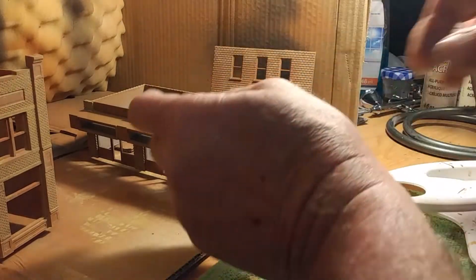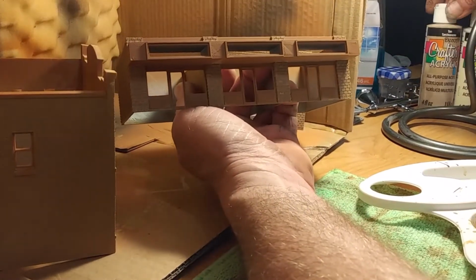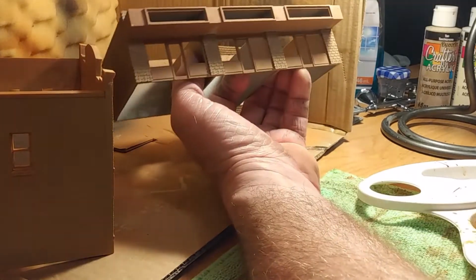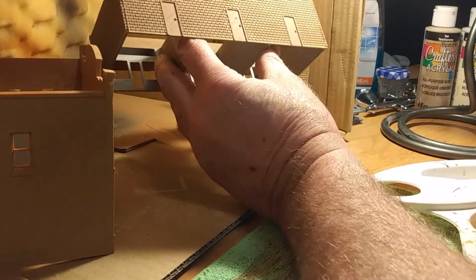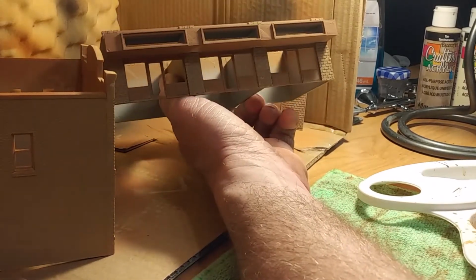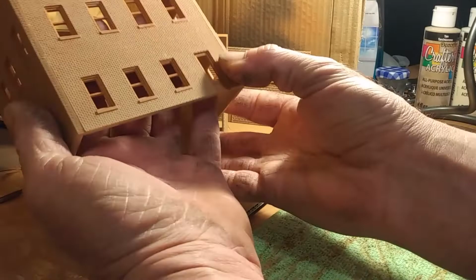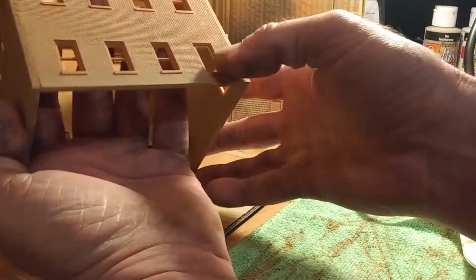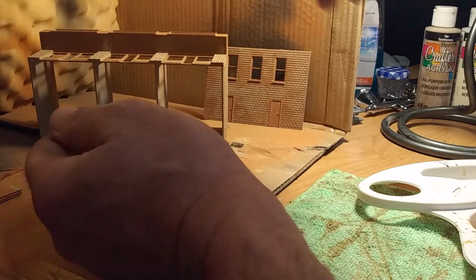Hey everyone, I'm back. So everything that I've done, I did all a light tan, I believe, as the light wash. So I did the wet wash just to get in and do all the grout lines, which weathered down the building a little bit. So everything has turned out pretty good. I like it. It's toned down, and it weathered it all, so it actually makes it look like there's grout lines in there. So what I'm going to do now is I'm going to go through each of these,